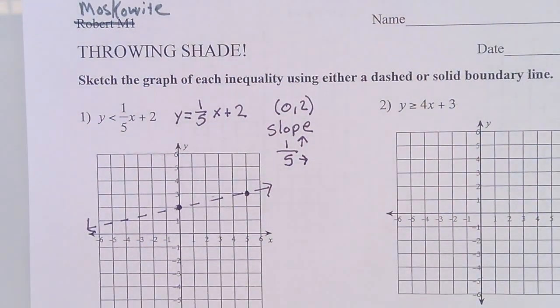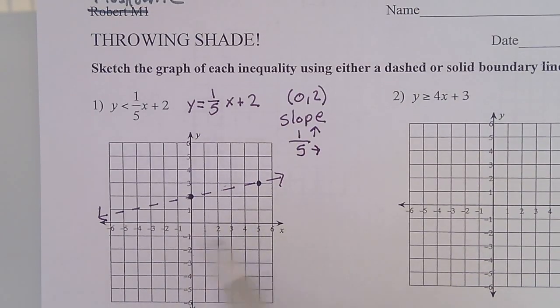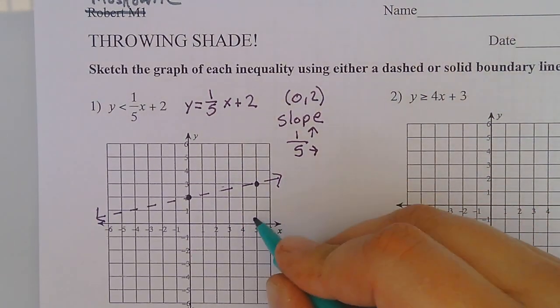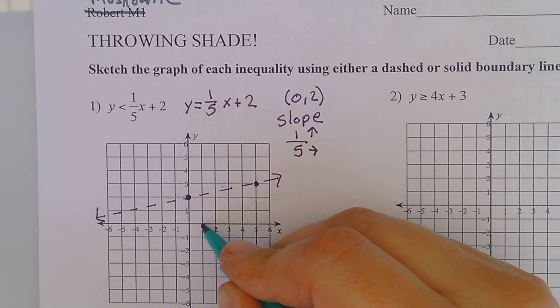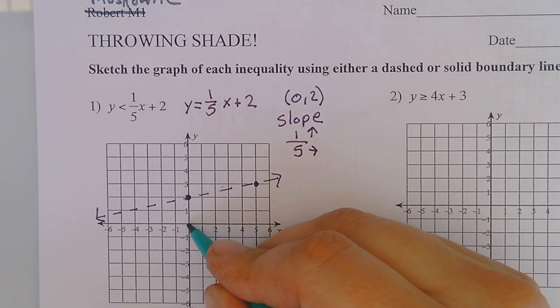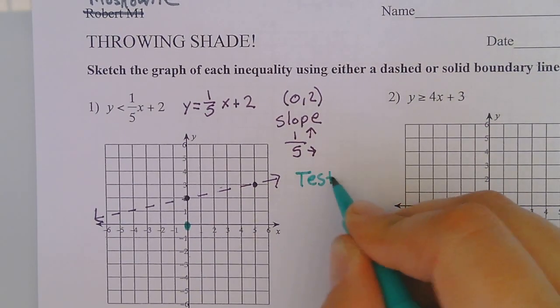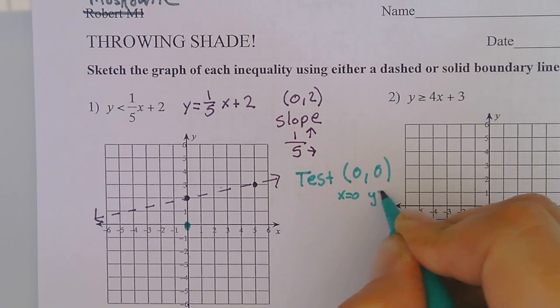All right, so now that I have that, an inequality, we either shade the entire top half or the entire bottom half. So in order to know, we test a point. We pick any point from any side. So for example, I'm going to choose 0, 0. So I'm going to test 0, 0, which means x is equal to 0 and y is equal to 0